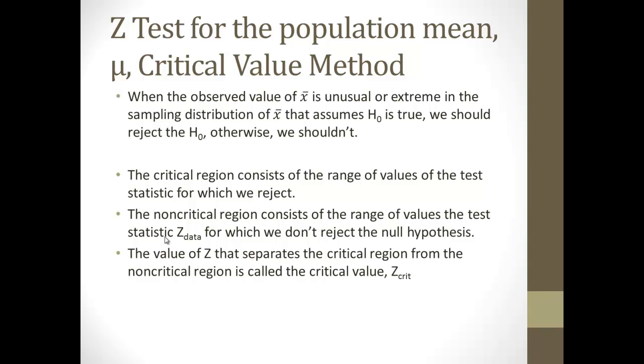The z-test for the population mean mu, critical value method. So when the observed value of x bar is unusual or extreme in the sampling distribution of x bar, that assumes, the sampling distribution assumes that,